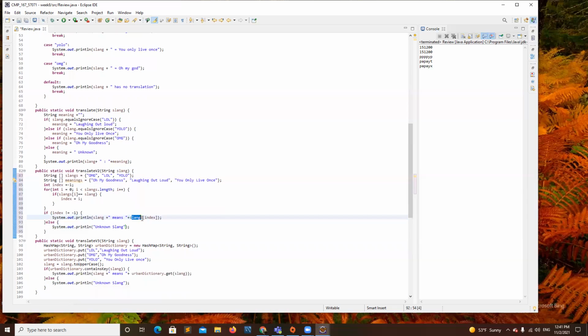Meanings for this one. Okay. So you get the meaning that corresponds to the slang from the other array. You guys see different implementations. Any questions about that?